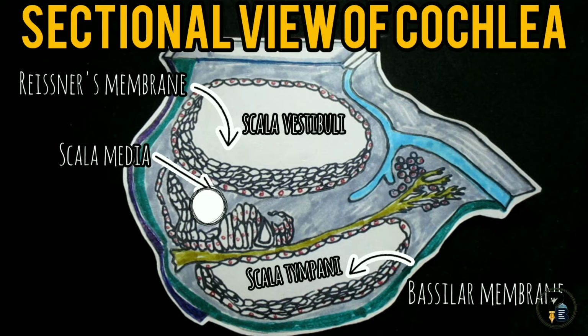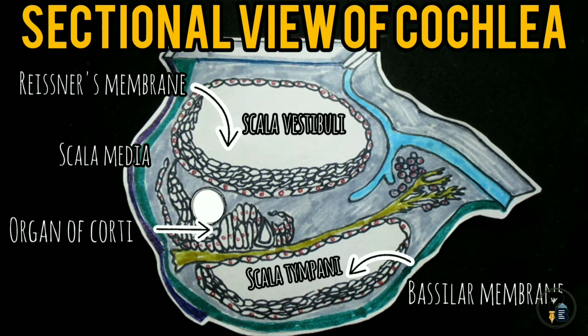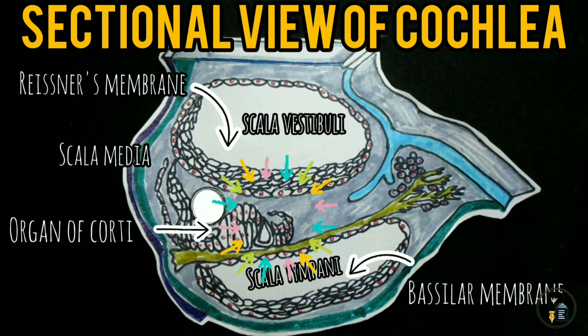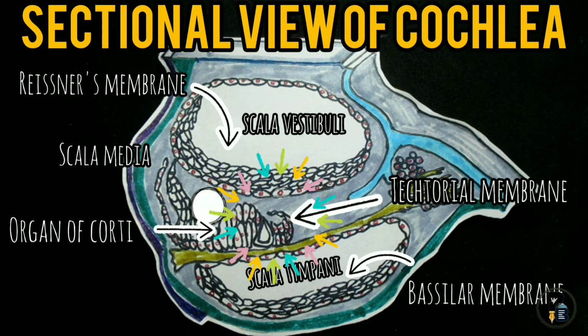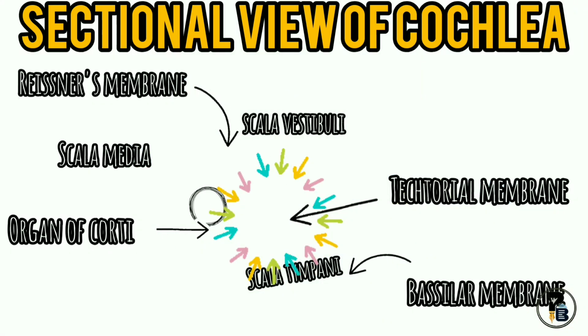The organ of Corti is a structure located on the basilar membrane which contains hair cells that act as auditory receptors. The hair cells are present in rows on the internal side of the organ of Corti. The basal end of the hair cell is in close contact with the afferent nerve fibers. A large number of processes called stereocilia are projected from the apical part of each hair cell. Above the rows of hair cells is a thin elastic membrane called the tectorial membrane.